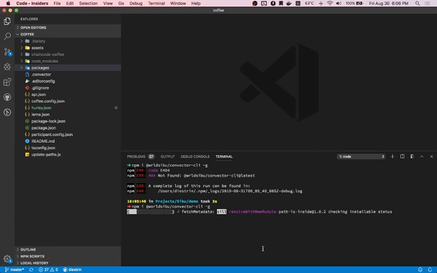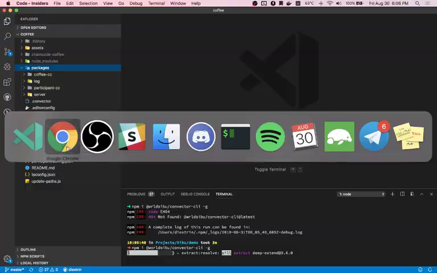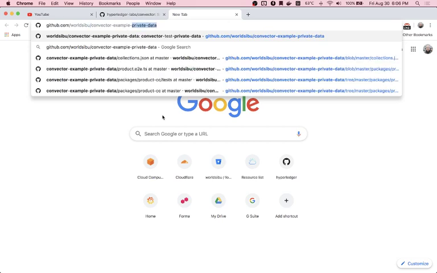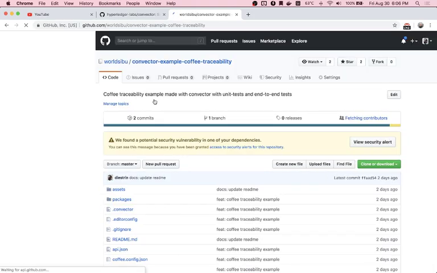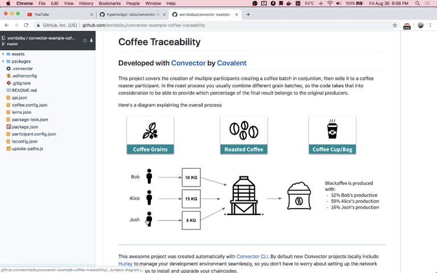So you can see that I already have created a project in here. This is this coffee repository that, by the way, I encourage you to go and take a look at. It's inside WorldSibu, coffee traceability. You can find the example in here. It's a new traceability example that we just published this week about having to merge three coffee producers into a single roasted coffee company that at the end will deliver a single finished product,